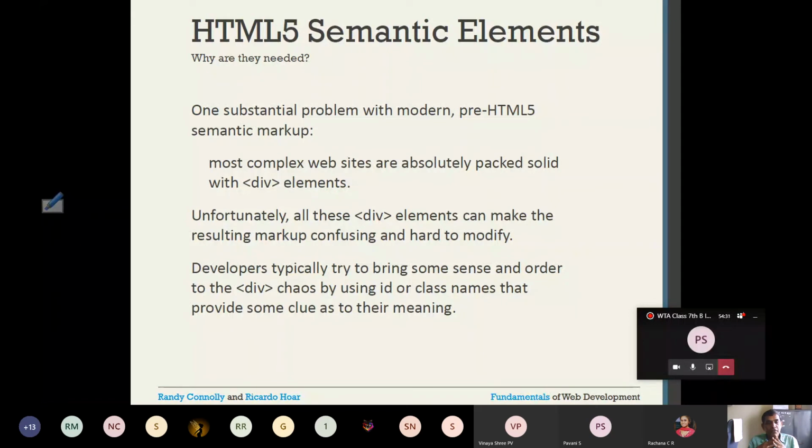And the div element can also have an embedded div element. If you take a large website which consists of many web pages, a huge number of div elements can be used, which will be difficult to modify, and it will be confusing.